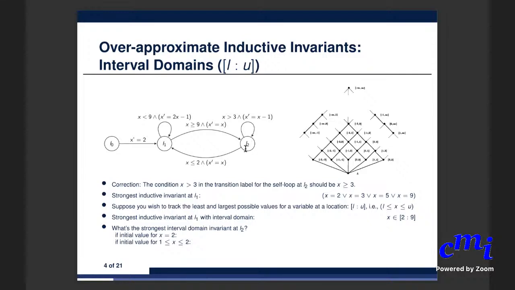So in this case, between 1 and 2, the possible values that, if ever control reaches L2, will remain 2 to 9, because if the initial value is 1, the control never reaches L2, and that's why it doesn't contribute. So that's how you do it. And once again, I want to make the point that there are several abstract domains